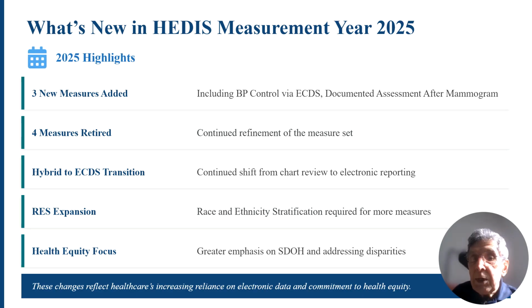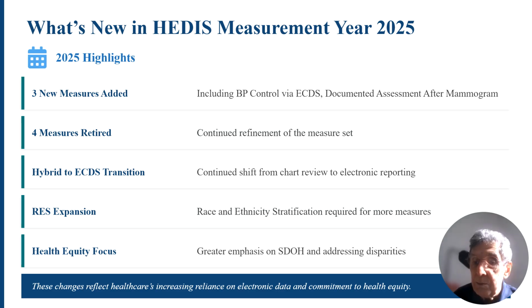Now, HEDIS is updated annually, and the measurement year 2025 changes are worth knowing about because they reflect the direction this industry is heading. 3 new measures were added, including blood pressure control via ECDS and documented assessment after mammogram. This continues the trend of adding measures that can be calculated from electronic data rather than requiring a manual chart review. Now, 4 measures were retired, which happens regularly as NCQA refines the measurement set to focus on the most